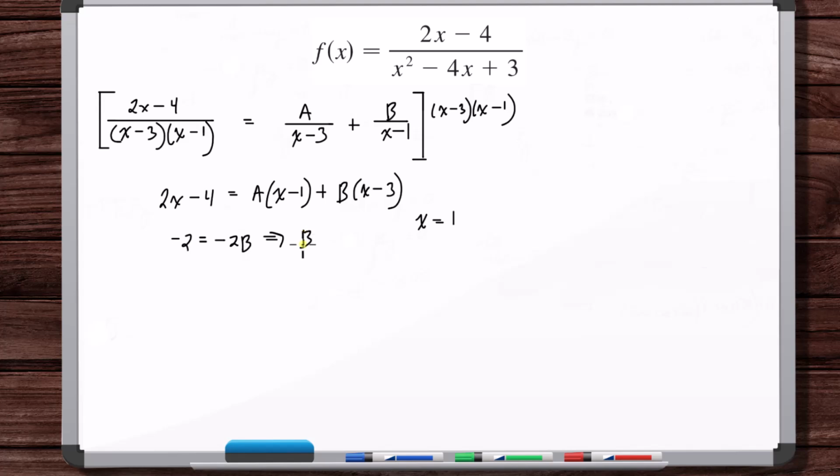So B is equal to 1. When x is equal to 3, 2 times 3 is 6, 6 minus 4 is 2, 3 minus 1 is 2, so A is equal to 1. Okay, so what we've got is